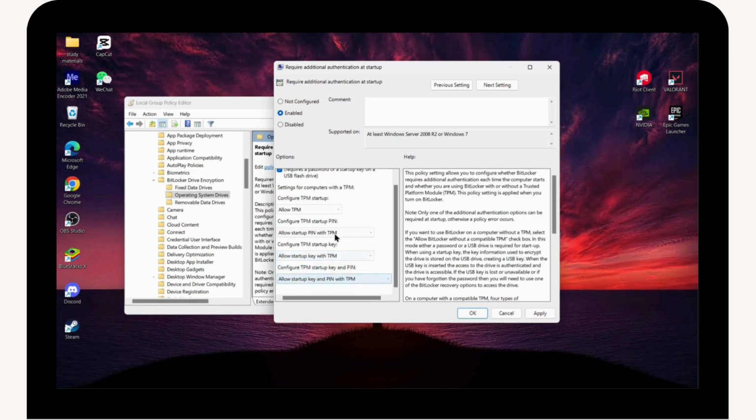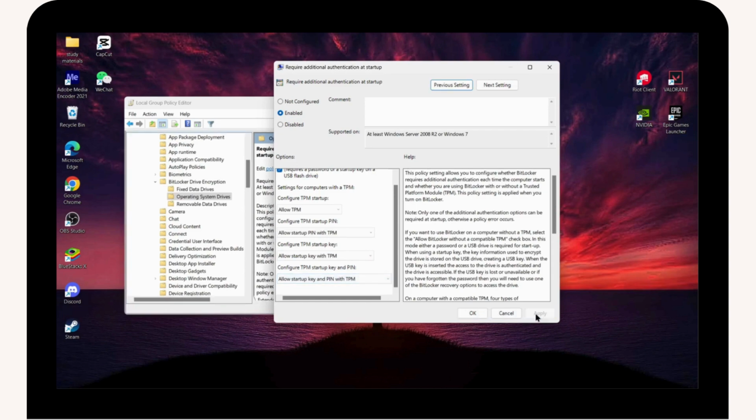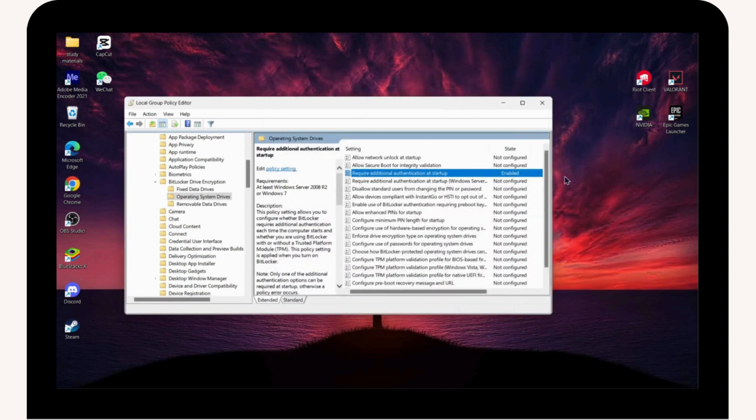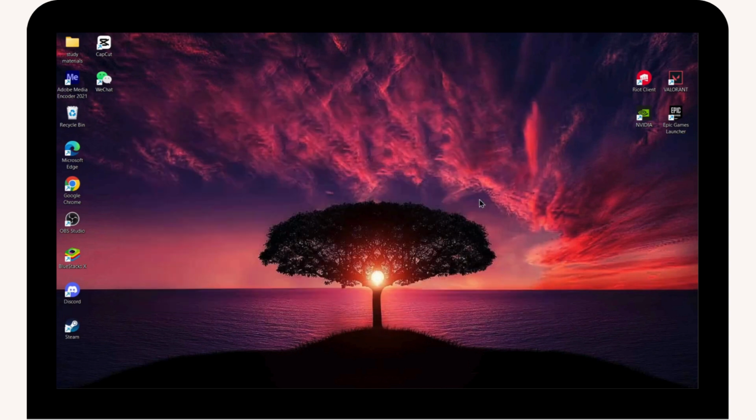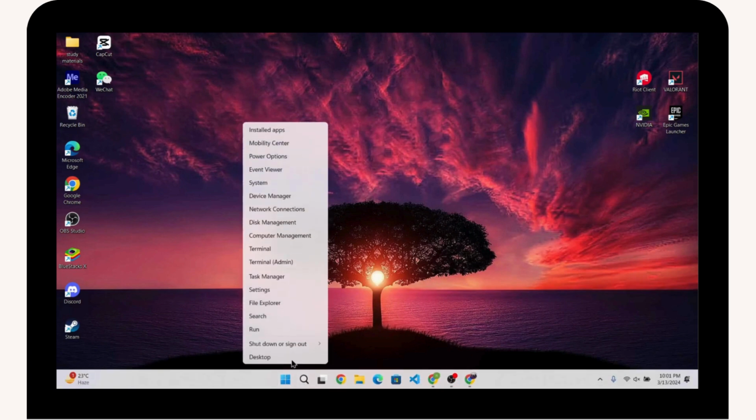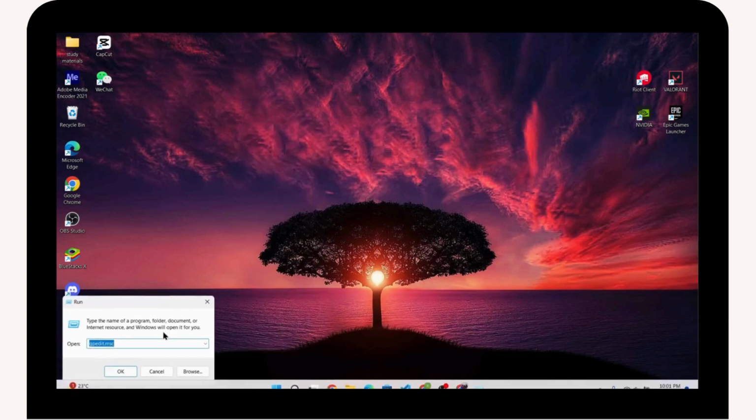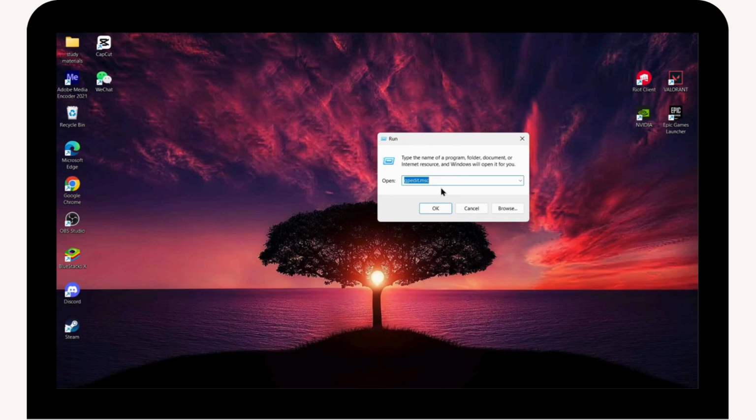You need to simply choose Allow for all of these. Simply click on Apply and then OK. Once we are done, close this window, and you need to again open up your Run. You can go for the Run, and then you need to enter